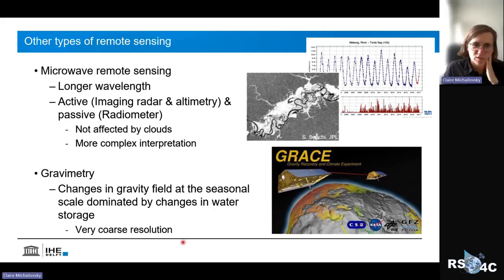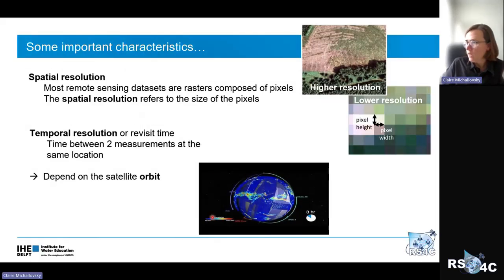Finally, I just want to also mention briefly, because maybe some of you have heard about this GRACE mission. This is a satellite mission which uses gravity and looks at changes in the gravitational field of the Earth at the seasonal scale, because these changes are dominated by changes in where the water is stored, because changes in where the water is stored will create local changes of mass of the Earth, and this will be translated into changes of gravity. However, this has a very coarse spatial resolution, and I guess this is a good transition to my next slide, which is about what characteristics we want to take into account when we look at